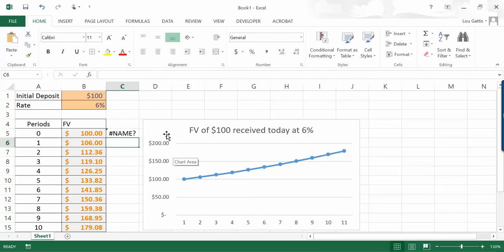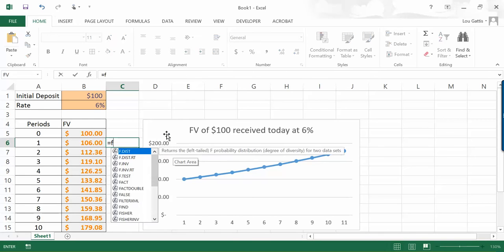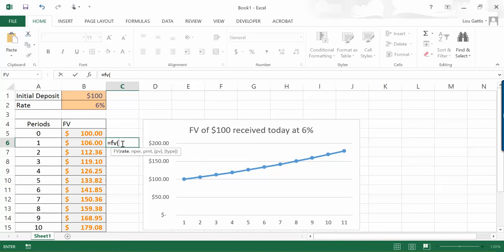I'll start in the first year. And you can see once I type in FV, open paren, Excel knows enough to tell me that I need the rate, the number of periods, the payment, and the present value and type. And you can see present value and type are in brackets, so they're optional. So the rate is 6%. I'm going to anchor that. The period number, I'll click on that,